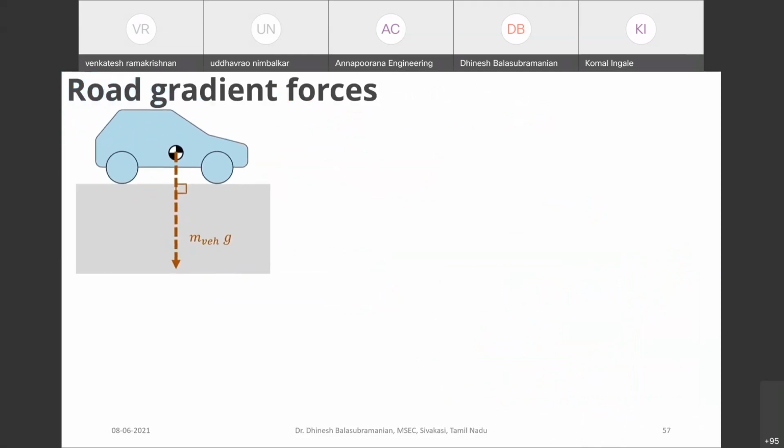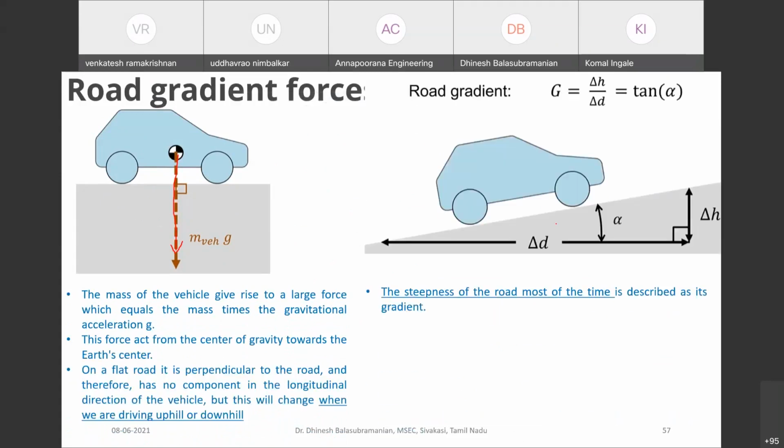Apart from the rolling resistive force and the aerodynamic force, another major force that the vehicle faces is the gradient force. On a normal road, the weight of your vehicle acts in one particular direction. But when you are traveling on a gradient, the forces would be divided into horizontal and vertical directions. The force acting in the horizontal direction would pull your vehicle further down. So at the time of hill climbing, you need to take your vehicle mass into account to have the propulsive force.